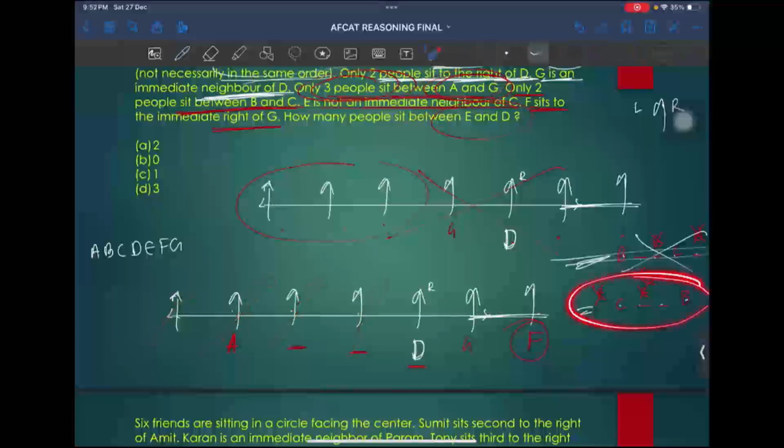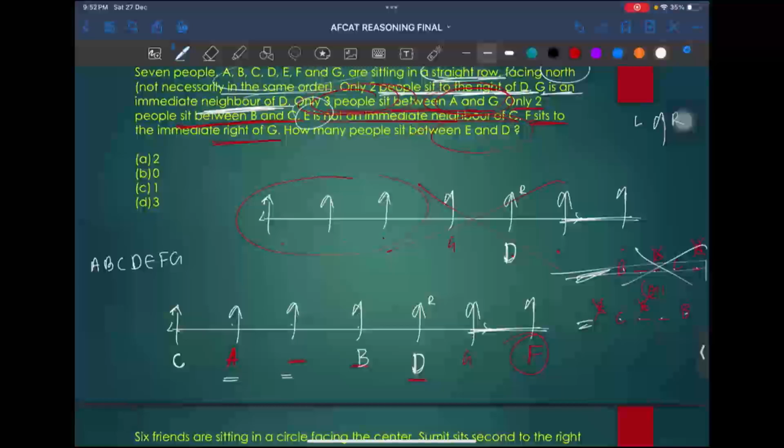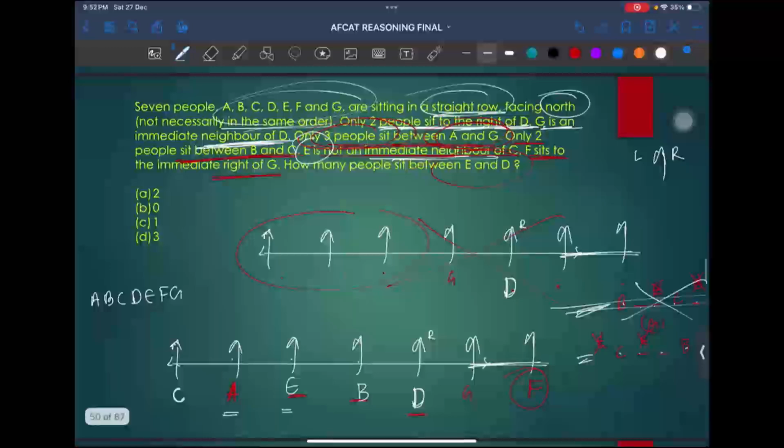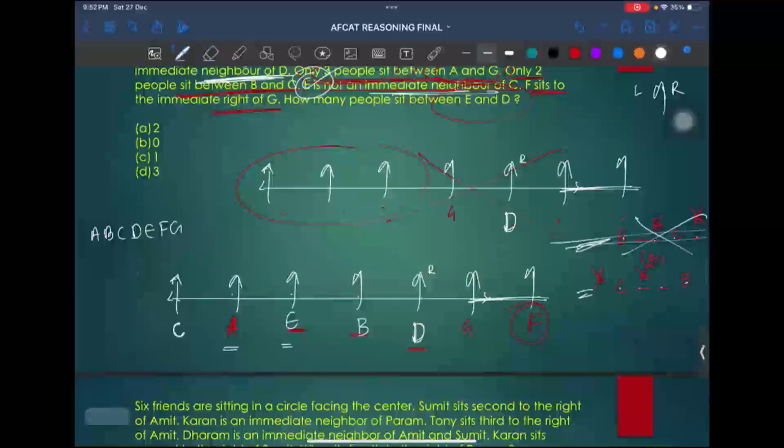So I need to adjust in this way. Okay. So between C and B there are 2 people. I can consider C as here and B as here, and 1 and 2 persons are in between. And one more statement is E is not an immediate neighbor of C. So I can write E position is here, next to A, so that I can fulfill the condition as well. So our final answer will become, final positions of persons is this,